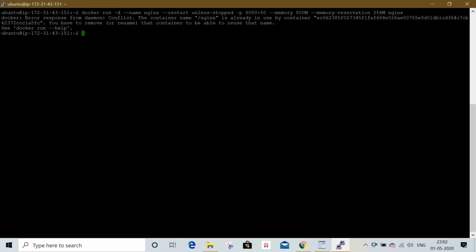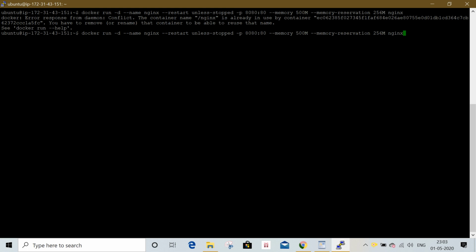Then I will run an nginx container with a variety of flags. This is docker run -d --name nginx. I gave the name nginx to this container, restart unless-stopped. Then I used the -p flag: 8080 is my localhost port and 80 is the container port.